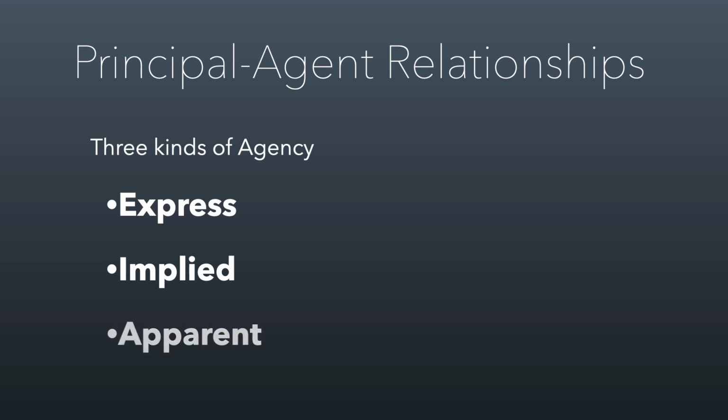And then finally, the last kind of agency is apparent agency. This is where there's a third party who has a reasonable belief that the agent represents the principal. Now, it is harder to apply to the pizza analogy, but let's pretend that you guys were studying on a weekly basis, and every week Stanley would go get the pizza and return back with it.